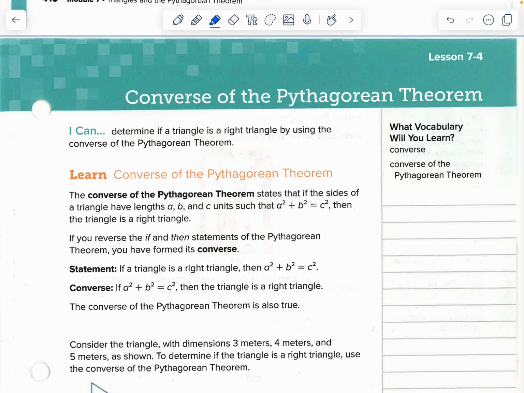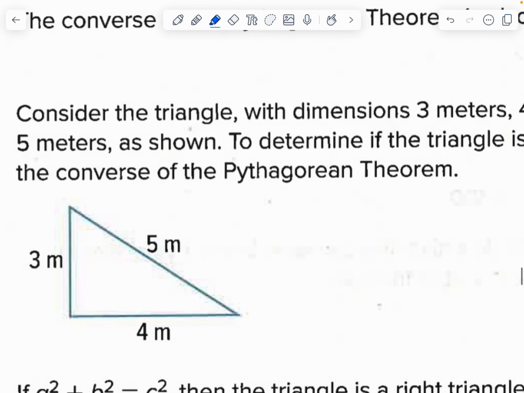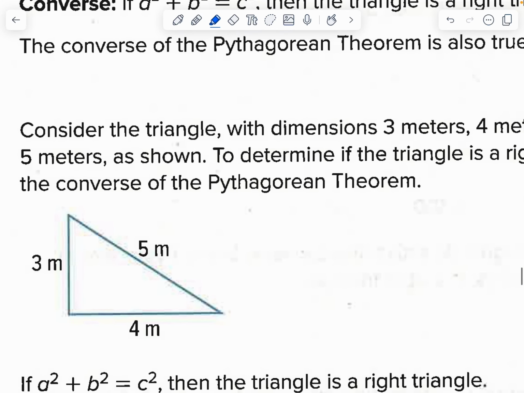So let's look at this. It says, the converse of the Pythagorean theorem states that if the sides of the triangle with lengths A, B, C are such that this is true, then you have a right triangle. So we're trying to prove that we have a right triangle. You're going to be given the sides of a triangle, and you have to figure out if it is going to be a right triangle. So we're going to look at this triangle right here, and we're going to decide, is this